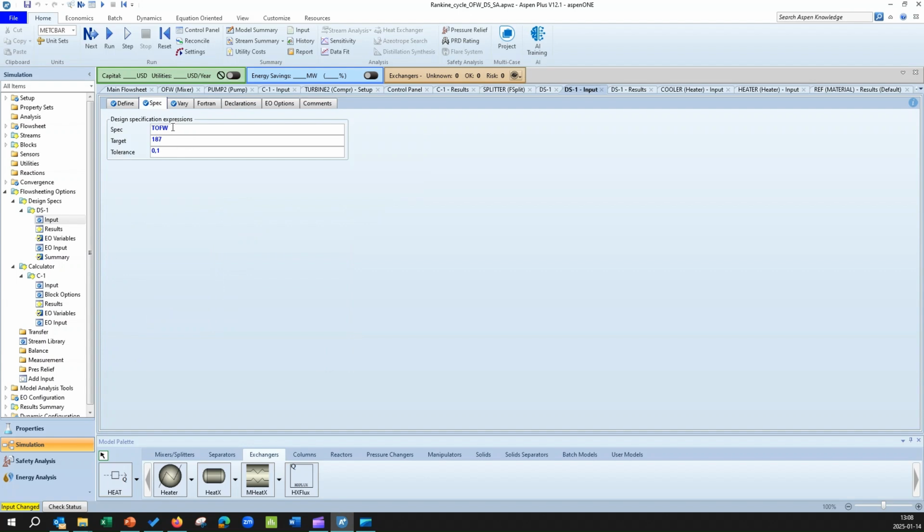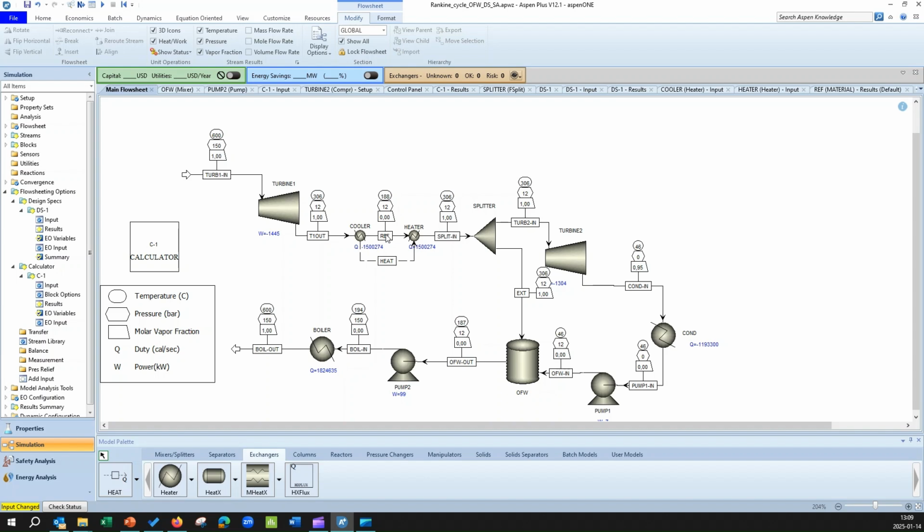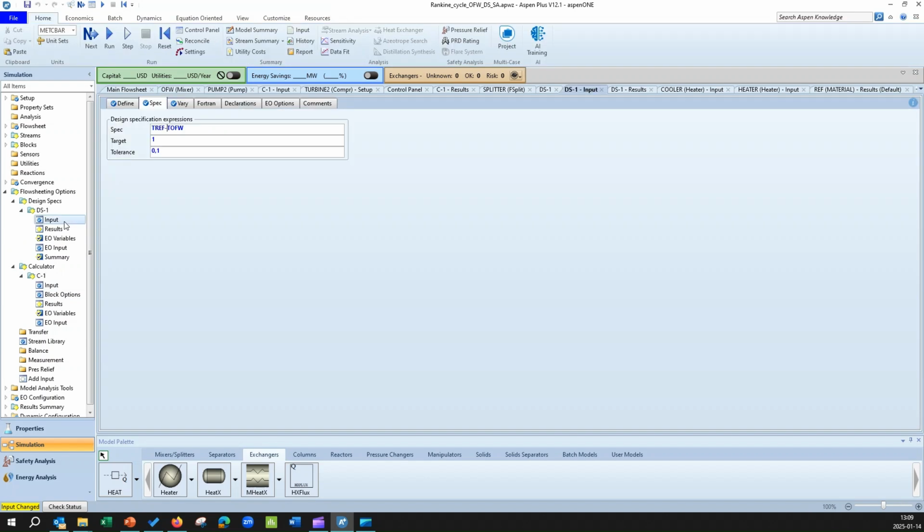So we say that TREF, or the temperature of the reference stream, minus the temperature of the open feed water heater, let's say that it's around 1, which means that the program will read the value of the temperature from this stream, and then it calculates this TREF minus T open feed water. Basically the target should be 0, but as I mentioned, since we have a pump, we take 1 to be on the safe side. And then the program will